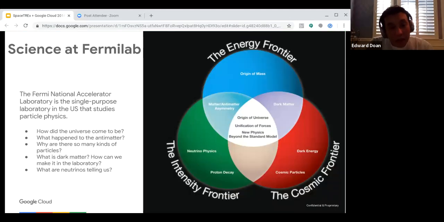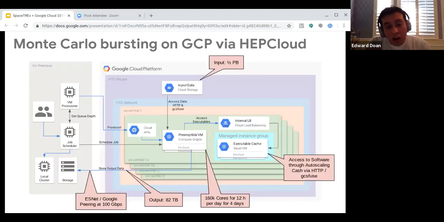So some of the customers that we've worked with: Fermilab, in this case with the Large Hadron Collider. The architecture involved there was we worked with the existing cluster at Fermilab to partition off parts of the job that were too big for their on-premise cluster to handle, and we sent it to the preemptible VMs within the Google Cloud. And what the result was